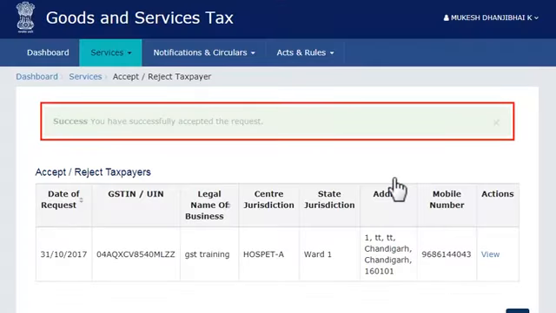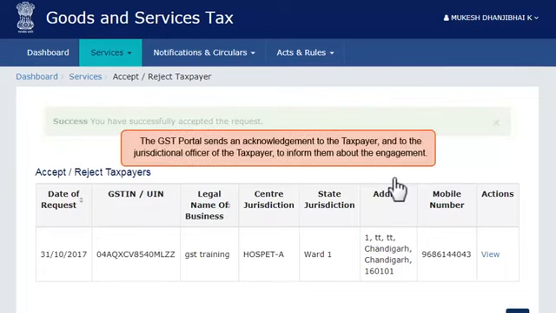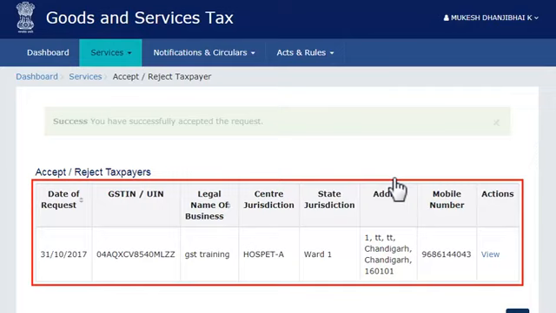The system will display a success message indicating that the request was successfully accepted. Next, the GST portal sends an acknowledgement to the taxpayer and to the jurisdictional officer of the taxpayer to inform them about the engagement. Notice that my screen now shows only one request as pending for action. To process this request also,